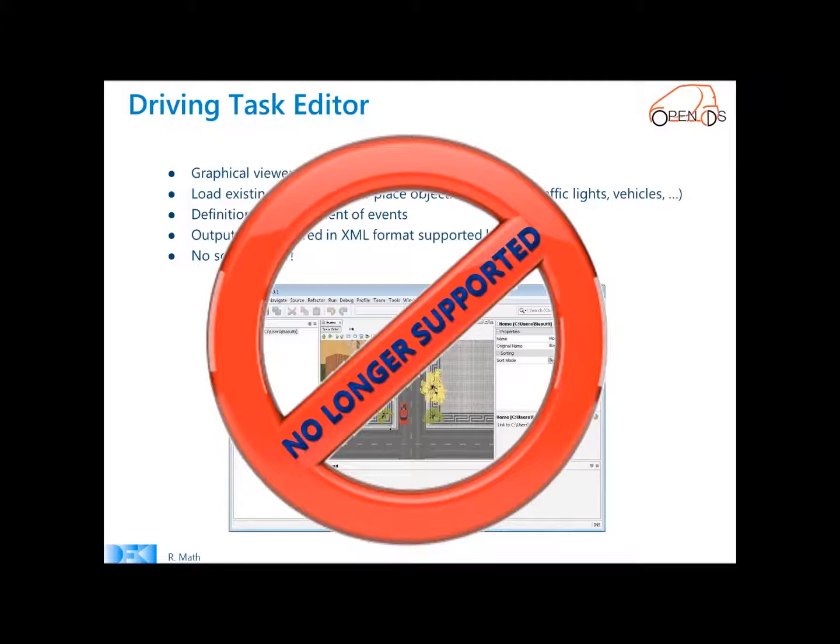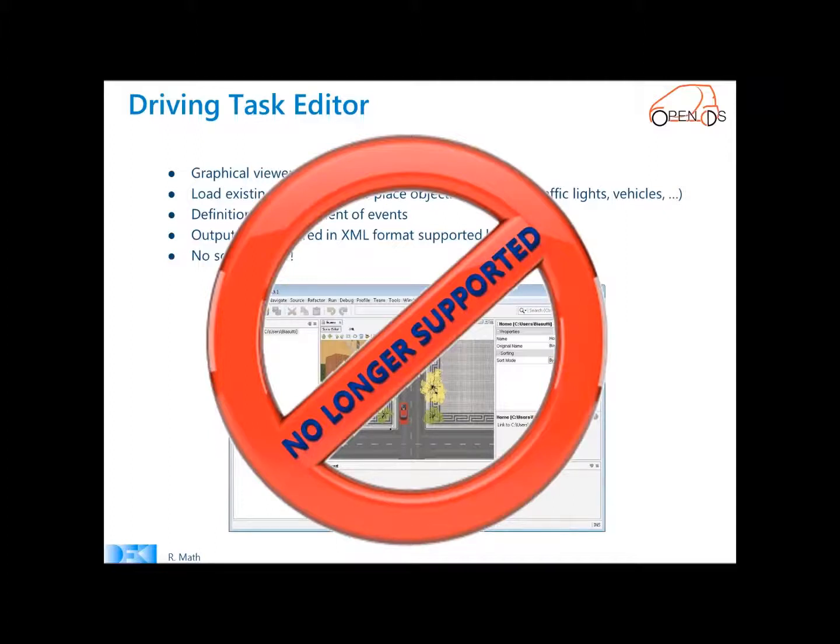We started this project of the driving task editor rather early in the project, when we did not really know which direction we would go, and Ottavio here, who did this, did a great job,